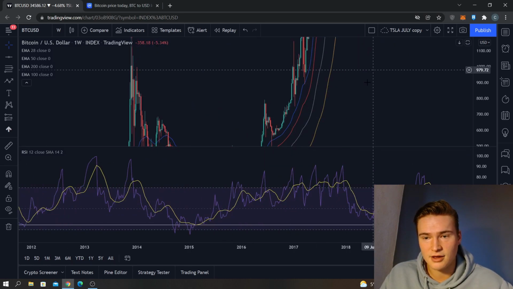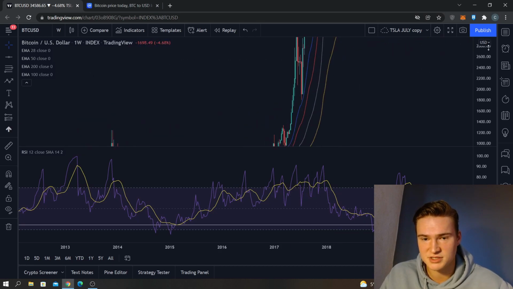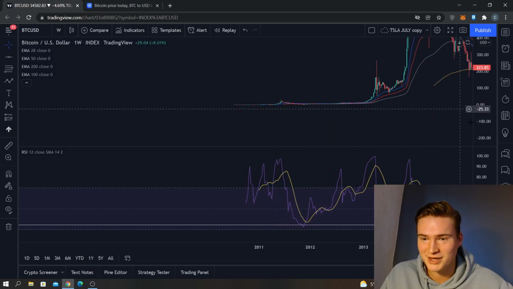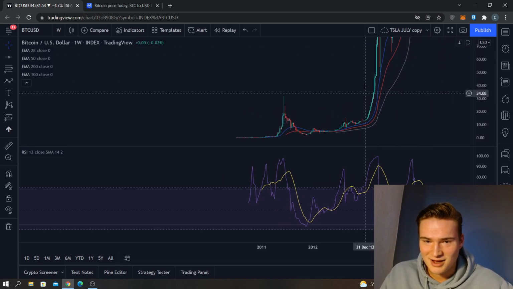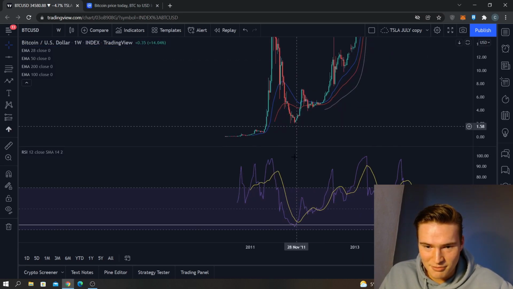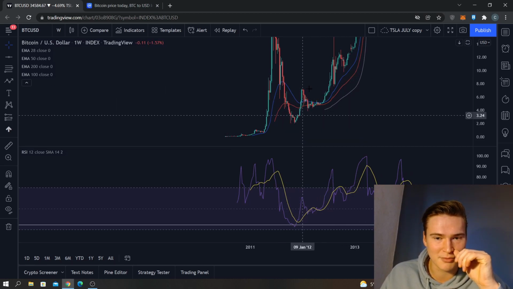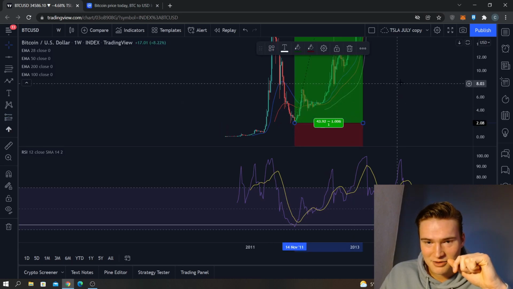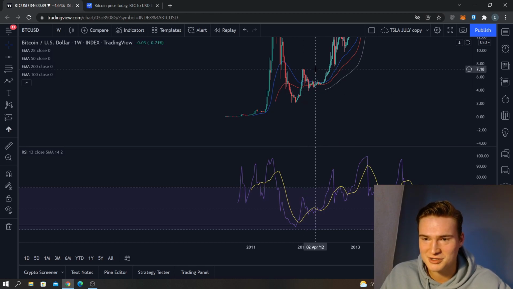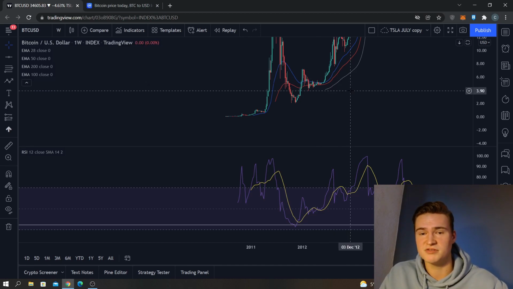And then we had a massive bull run leading into 2017. So that's another time, and then we have once more in 2011, I think. That happened right here. After that, also a big bull run started. As you can see from here, we had a bull run from $2 up until $7. So what is that? That's about a 250% gain.